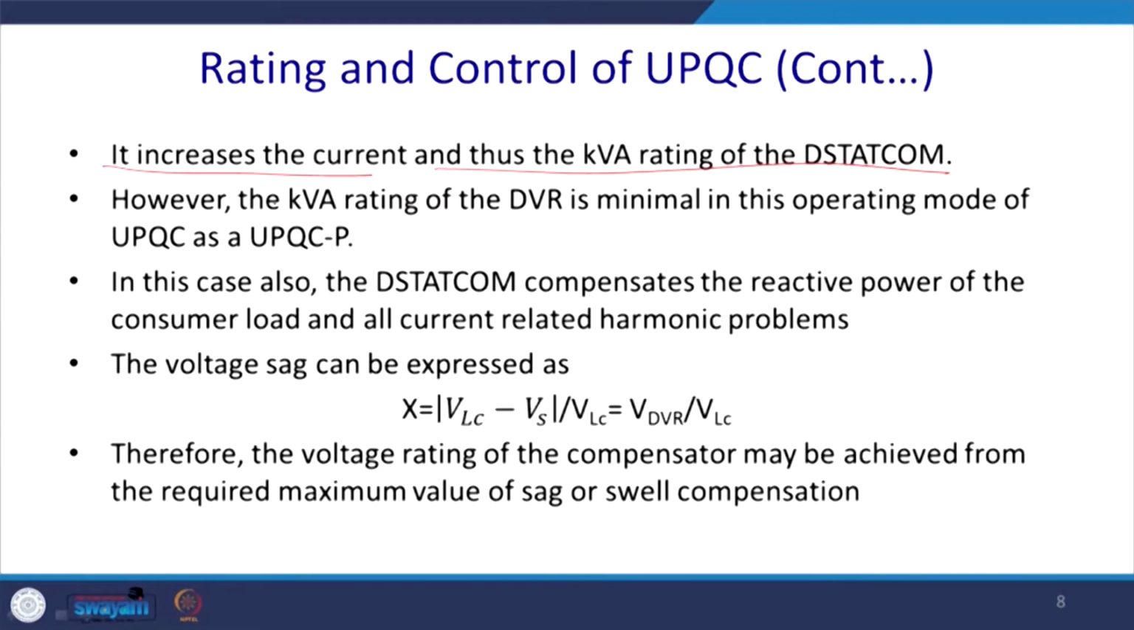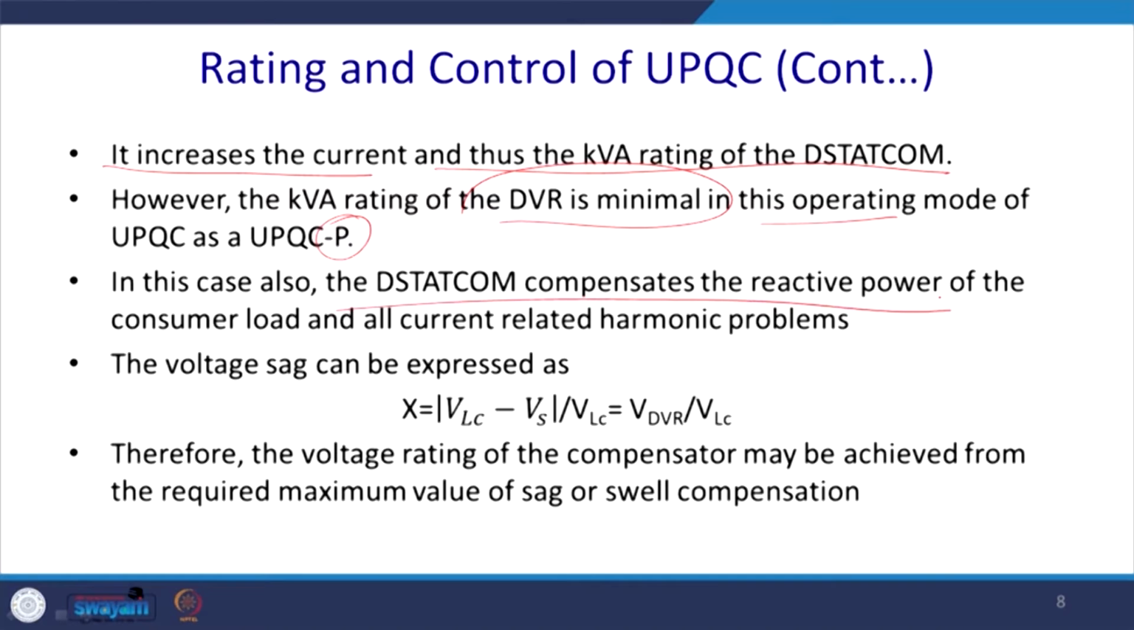However, the KVA rating of the DVR will be minimal because the voltage rating required is very low, and its operating mode is called UPQC P. So, ultimately it passes the buck on the shunt path. In this case also the D STATCOM compensates the reactive power